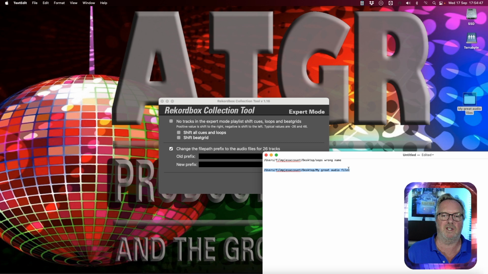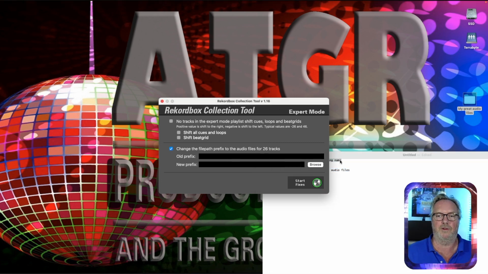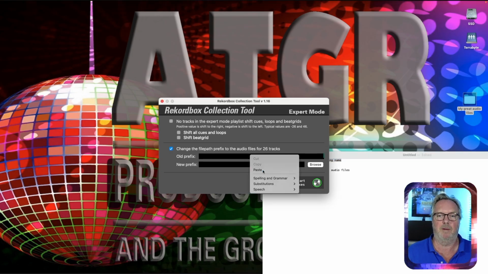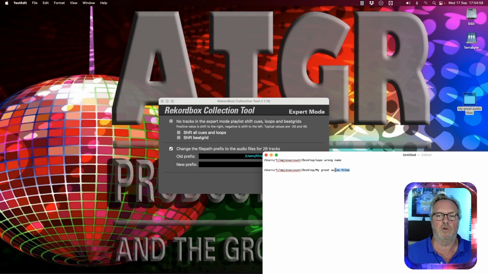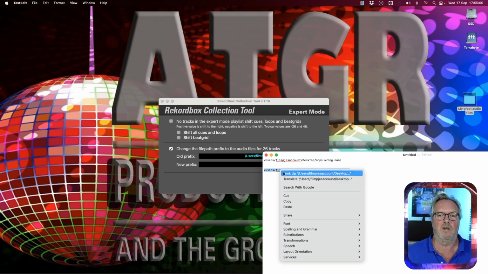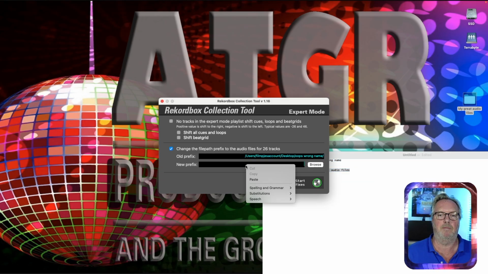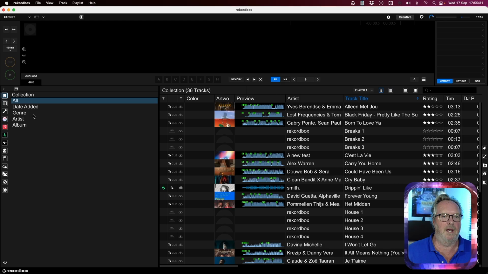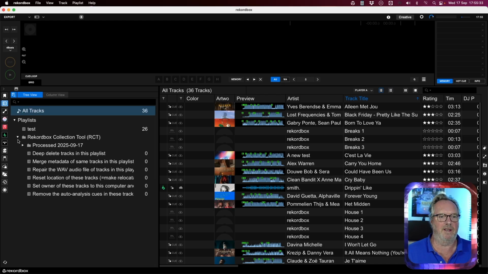And this is where the simple text documents come in, because I don't have to remember what the original name was. I can just simply copy and paste it over here, and I can do the same with the destination, and copy it and then paste it over here. So we have all the parameters set, say start fixes, and if we navigate to the playlists again, you see